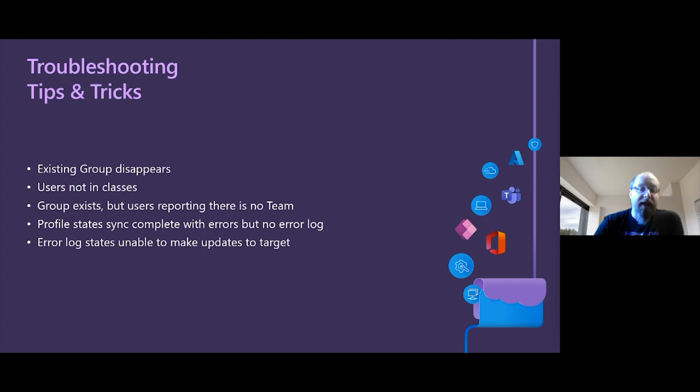So if you're trying to add users to a class, but you get a bunch of errors saying unable to make updates because this target doesn't exist, it's usually because the group's been deleted. Or if it's trying to update a user, it's possible that a user has been completely removed from the CSV files. Because of the way that SDS processes changes, which is a comparison of the incoming data to the last set of data that was uploaded, if a user has been completely removed or a class has been completely removed,